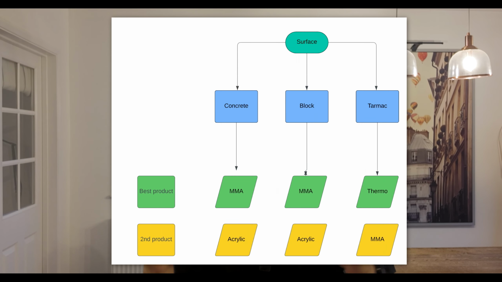The way I would do it, now inside our training platform, what we've put together is a sort of flow chart, if you like, of products. So you've got thermoplastic, acrylics, MMAs, hand applicable MMAs, and then for indoors, you've got epoxies, two-part epoxies, 2K, all sorts of different products. And for each of those, you've got the surface, and a best use and a second best and a third best case, if you like. And for each of those, I've put down what it costs me per linear foot, per linear meter. And then I've put down roughly what I would charge per linear foot, per linear meter, taking into consideration